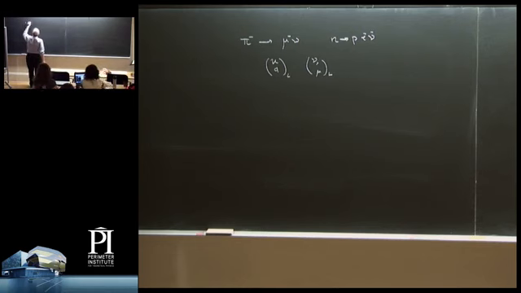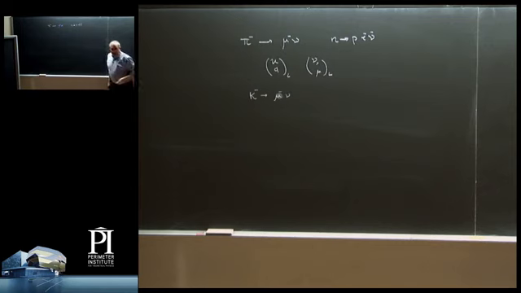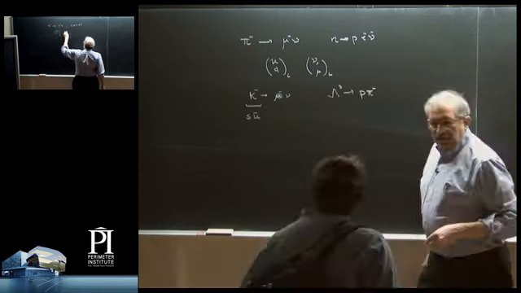For example, the decay pi minus goes to mu minus neutrino, or neutron going to a proton electron antineutrino. And we discussed these in terms of a weak interaction current, which coupled U to D, the left-handed parts only, or nu mu to mu, the left-handed parts only, things like that.